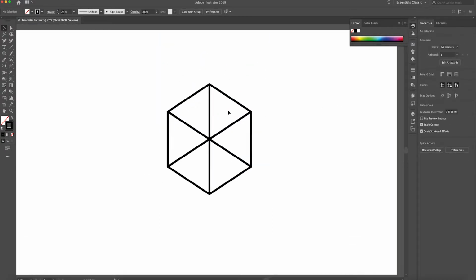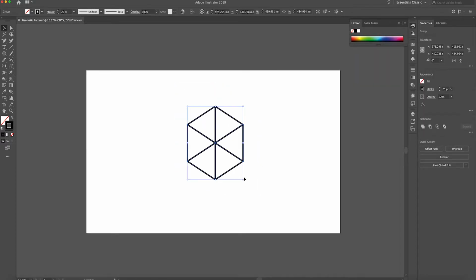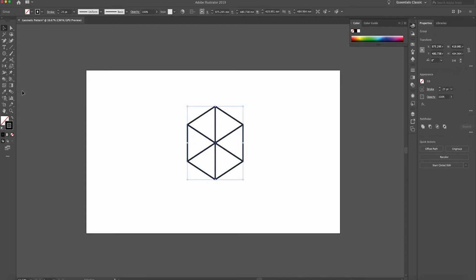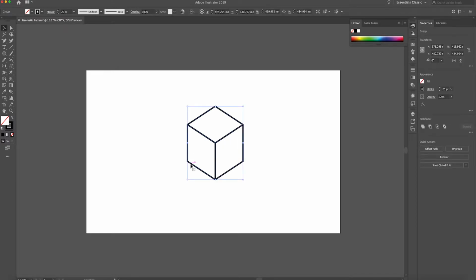So what we want to do now, you can keep it like this, which is always nice, or you can use the shape builder tool, that one there, and you can obviously go around and join them two together, that together and that together, and that gives you more of a cube effect, which is great because you can then just ungroup them all,